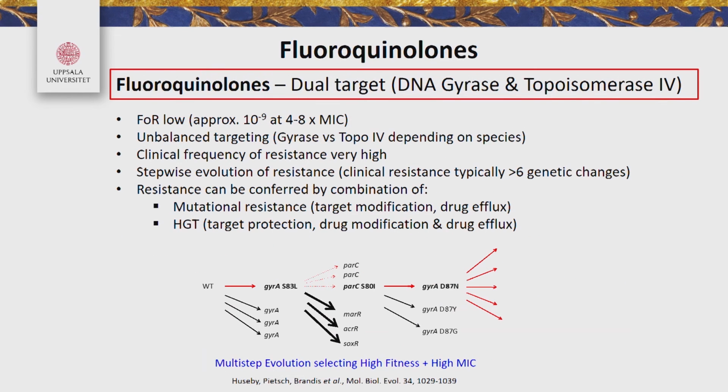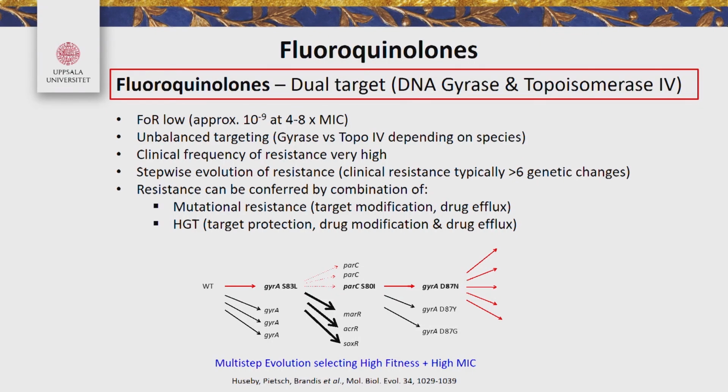And then we have the case of fluoroquinolones. Fluoroquinolones are interesting because I've mostly been presenting drugs that are single target drugs. Fluoroquinolones are famous for being multiple target drugs, that they hit both DNA gyrase and topoisomerase 4. But the trick about that is that depending on the organism, it hits those 2 genes unequally. And so in some cases, for the first step mutations, you're hitting gyrase, and in some strains, you're hitting topoisomerase